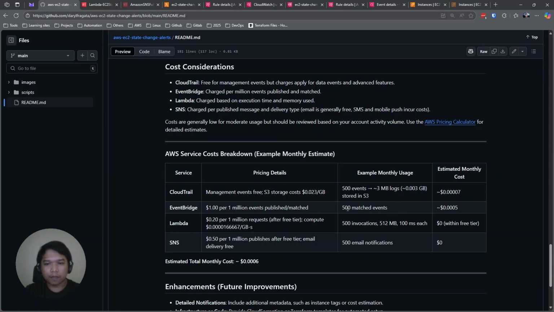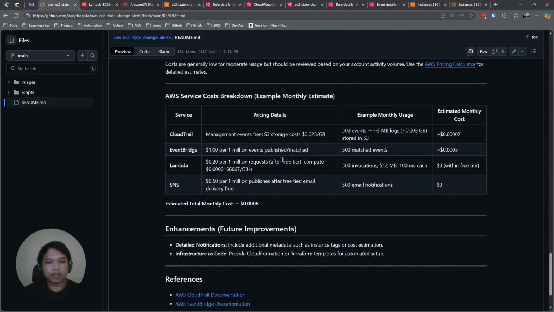For example, in a month we have 100 servers, and we perform patching within a month. We perform patching on different kinds of environments: the second week in dev, the next week in QA, the next week in production. So it really depends on how many servers we have. But for me, this is cheap for millions of events.